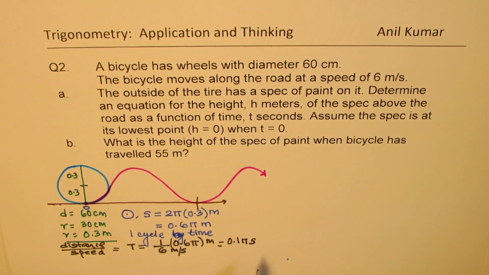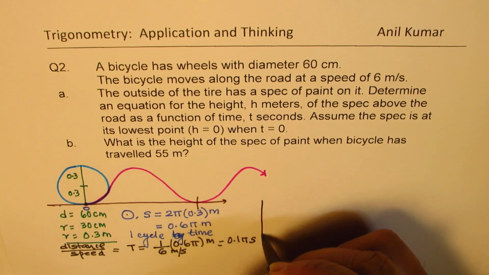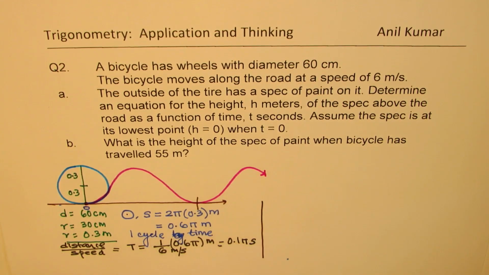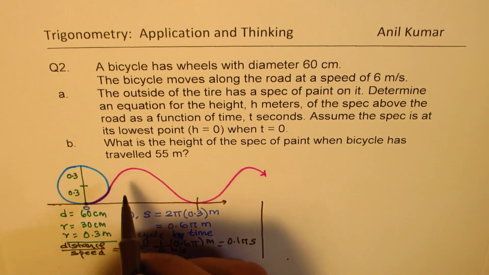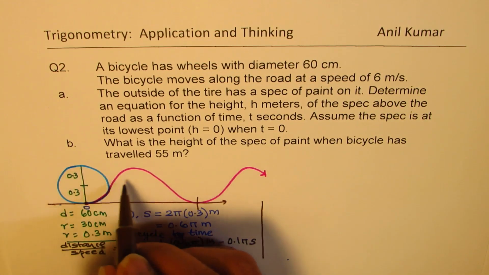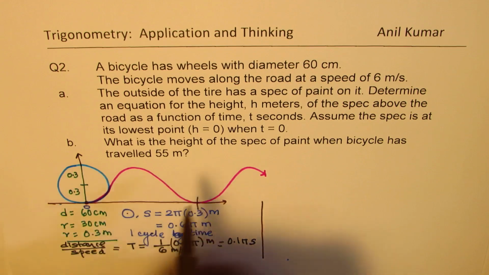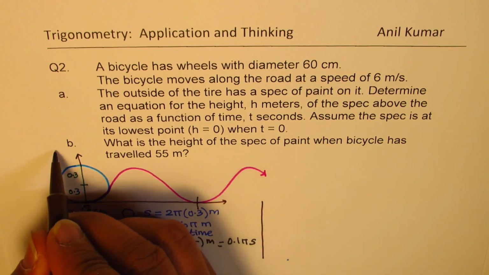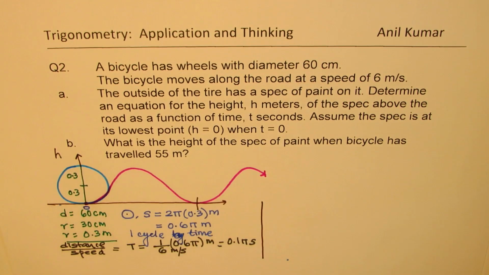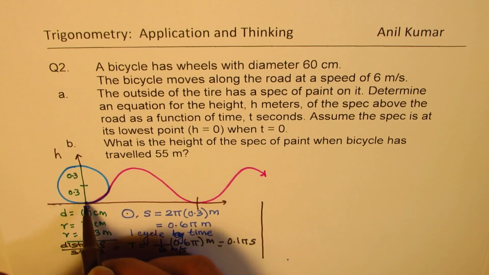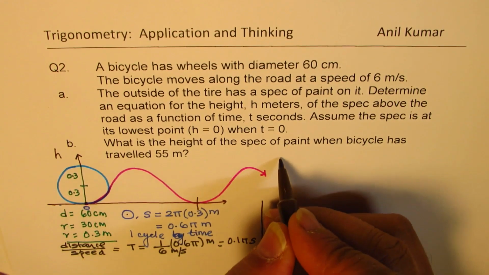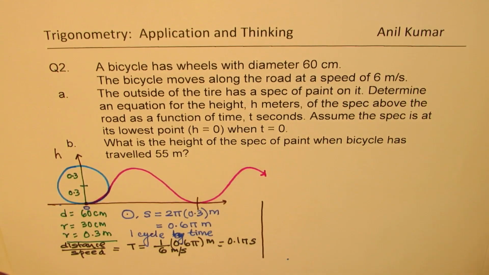Is that clear to you? So that becomes the time period T. Now once you find the time period, we can easily find the equation, right? So let's find the equation now. Let's say at any instance of time, on the y-axis we have the height of the speck. So that was the speck, right? So the height of the speck, h of t,